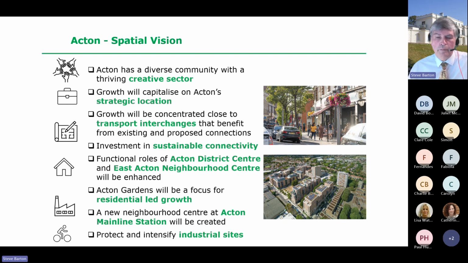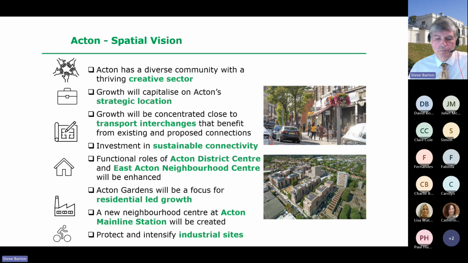Growth in the future will capitalise on Acton's strategic location, the Elizabeth Line connections to central London and Heathrow, Acton mainline station, and its proximity to the future High Speed 2 station at Old Oak Common to maximise economic opportunities for the area. And so the delivery of moderate levels of development is possible along some of those key north-south corridors, particularly the West London orbital route, which we propose, with an emphasis on integrating development and encouraging growth based